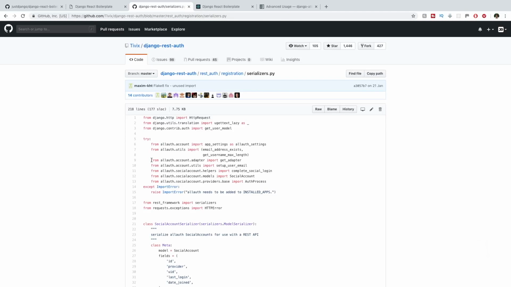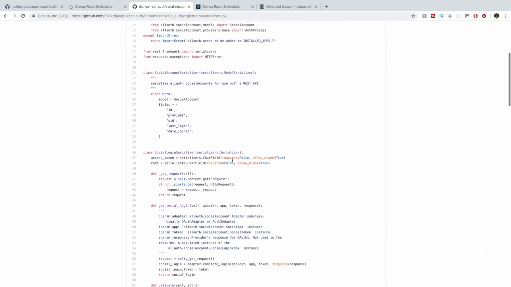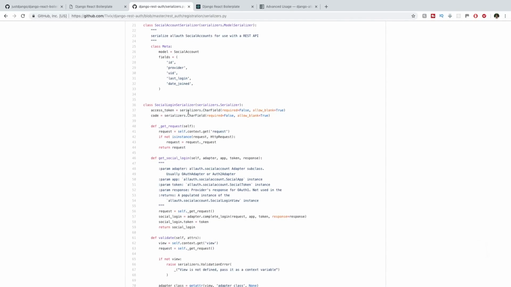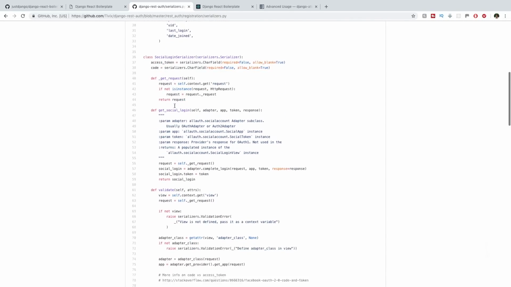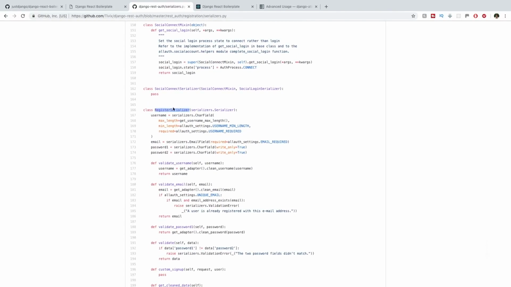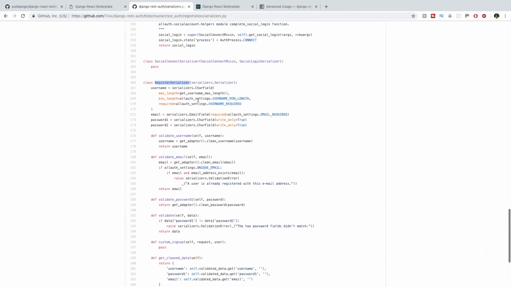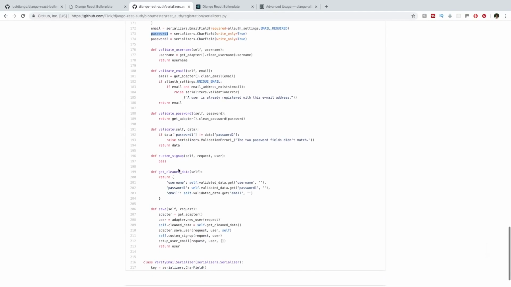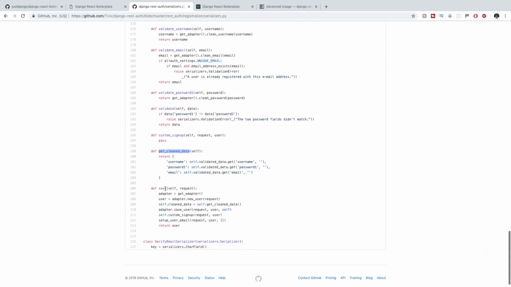And here you can see it has an import from allauth.account.adapter, import the get adapter. And if you scroll down, you'll see the different types of serializers. So they've got the social account, the social login, and if we keep going, we eventually come across the register serializer. And you can see all of the fields on it. You can see the username, the email, password 1 and 2, and then these validation methods, the get clean data, and the save method. And here you can see it's saying adapter equals get adapter, and then it uses